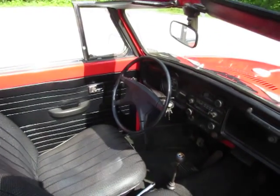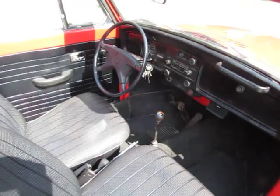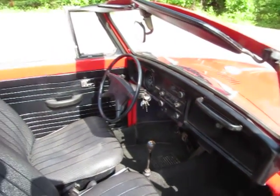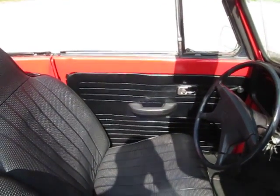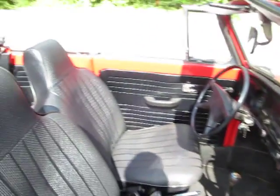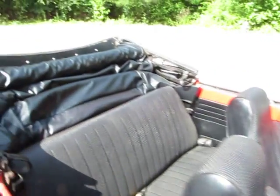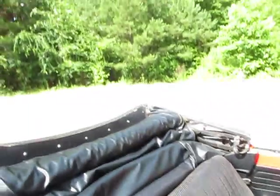Very, very fun to drive. It's a very mechanically reliable vehicle right now. Everything that was broken on it was fixed. If it was the turn signals, if it was the horn, it's been repaired. The door panels look good. They're presentable. They got a little ruffle to them, but they're very, very presentable. Seats are in great shape, front and rear. Top is in good shape,